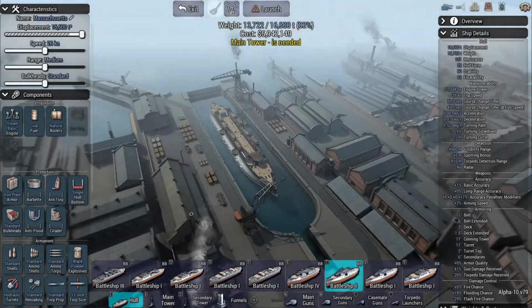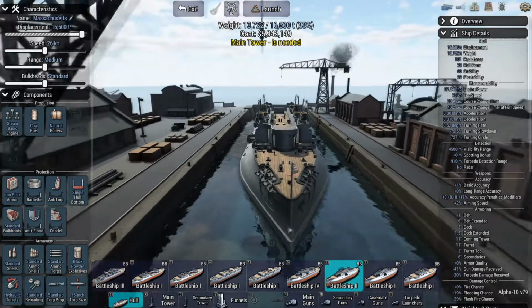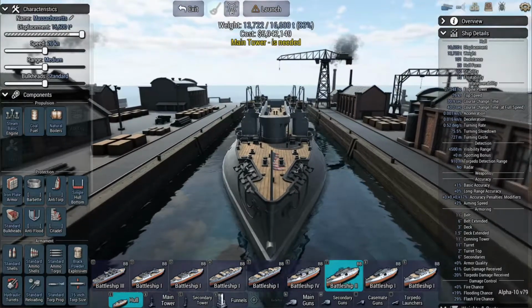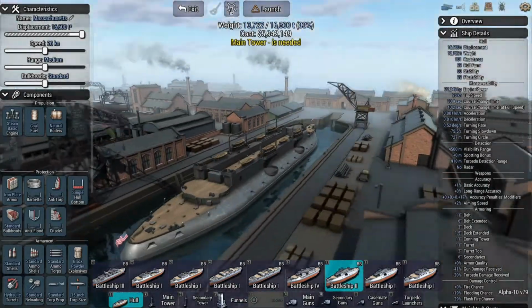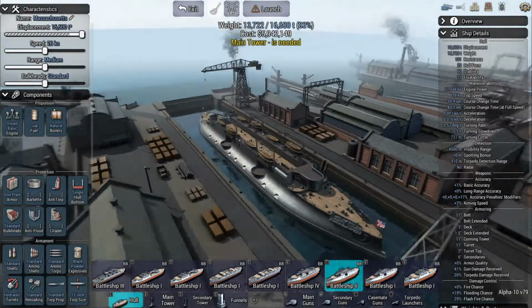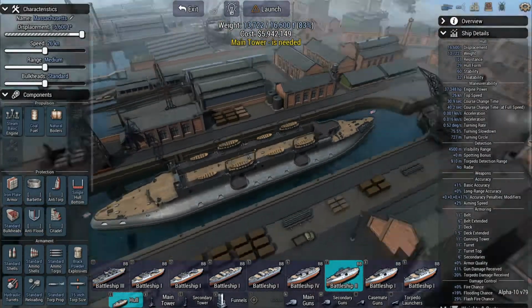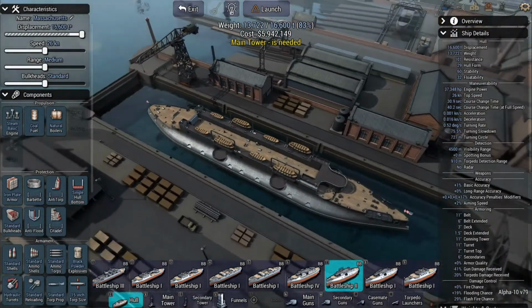This is a very, very accurate game. Like, to real life, economy and weight and actual technological advantages and disadvantages are all in this game. Angling your armor is a good thing. There's different Citadel protections and everything. So I'm gonna build this little battleship